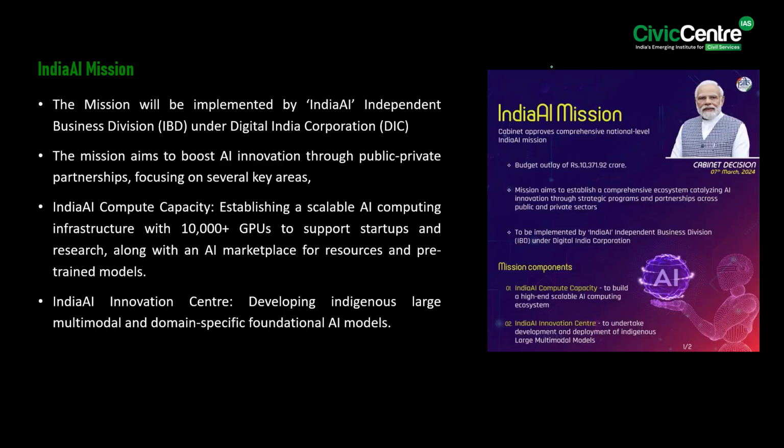In this context, let us talk about the IndiaAI mission. So, the Indian government, led by Prime Minister Shri Narendra Modi, has approved the IndiaAI mission with a 10,371.92 crore budget to strengthen the country's AI ecosystem. Know that the mission will be implemented by the IndiaAI Independent Division under the Digital India Corporation. Significantly, the mission aims to boost AI innovation through public-private partnerships, focusing on several key areas, which are: firstly, the